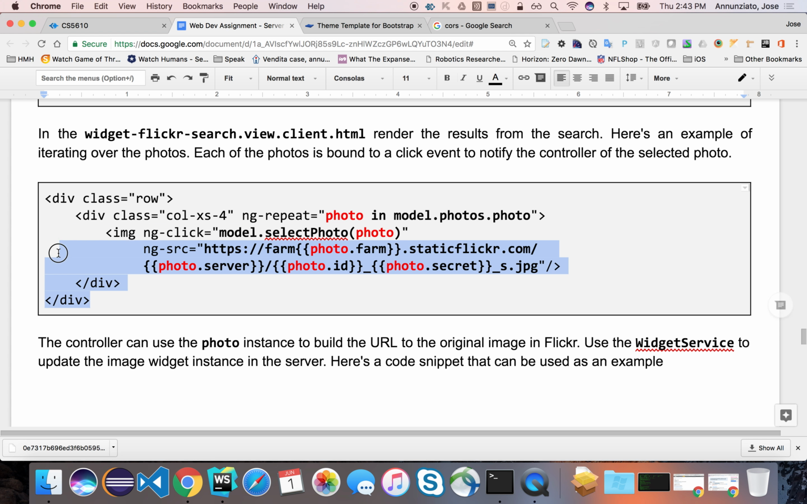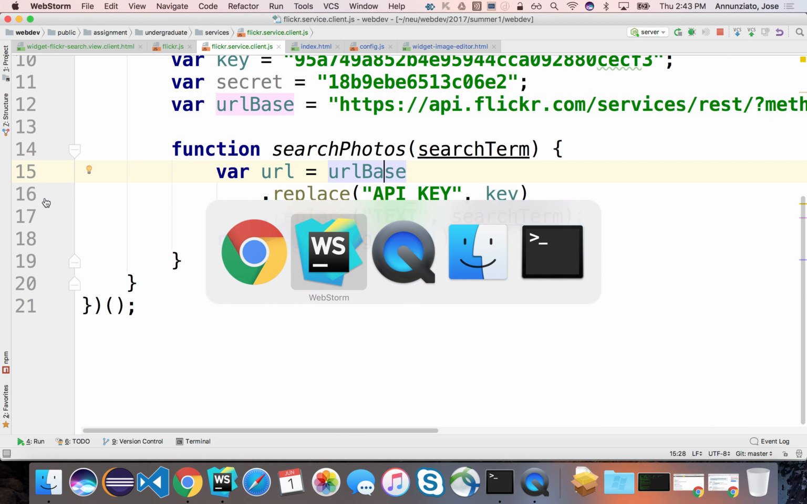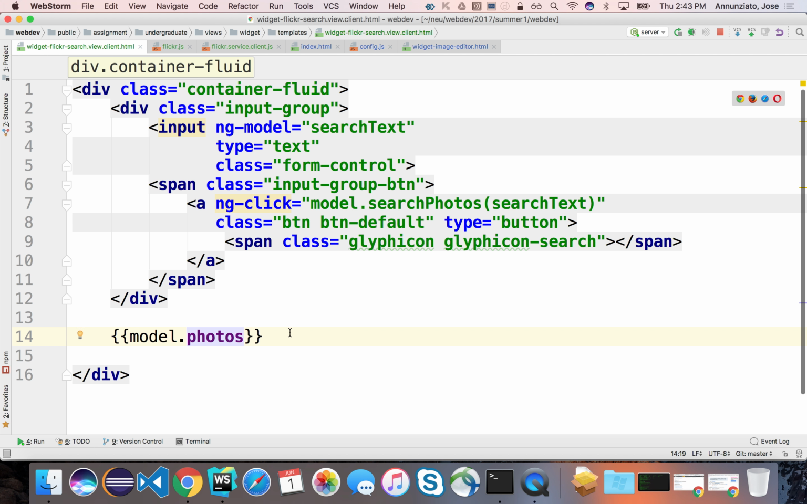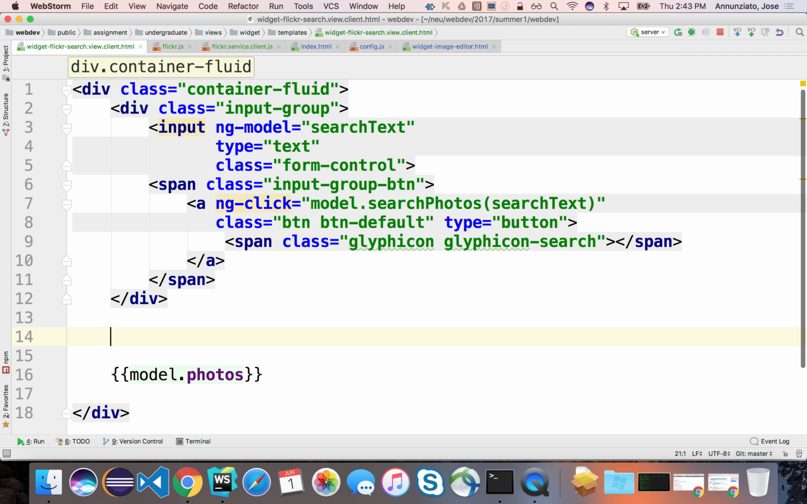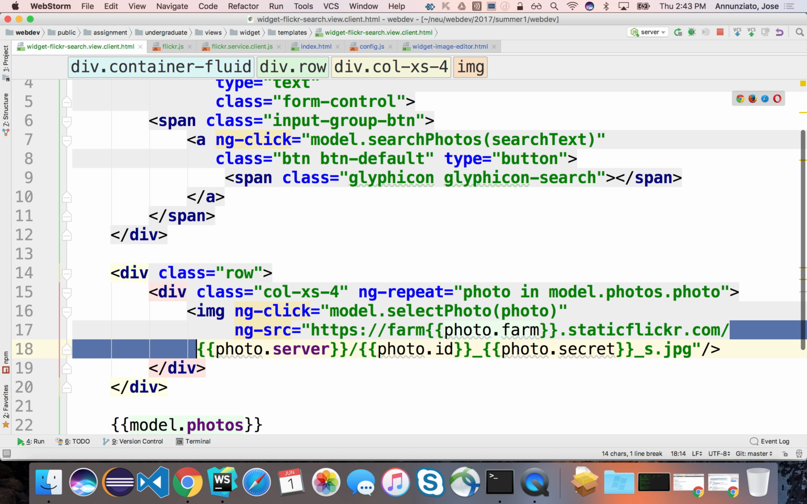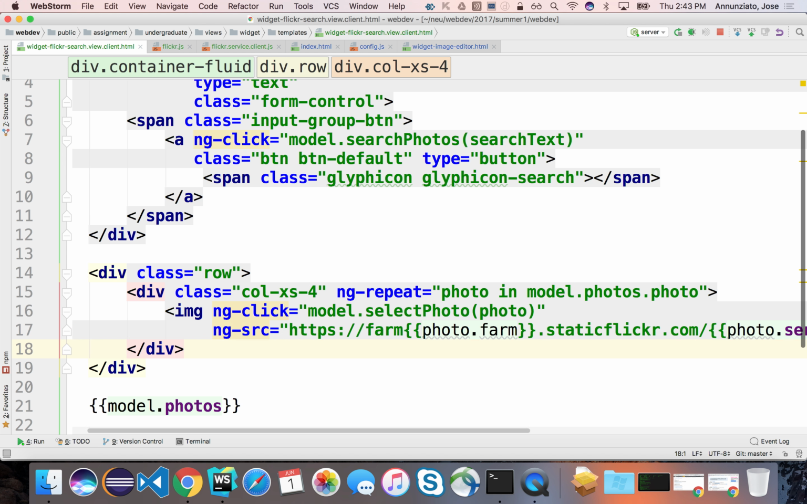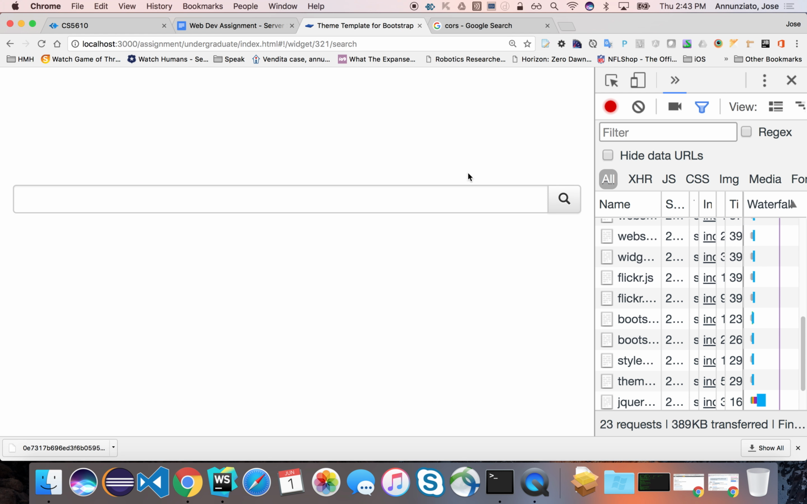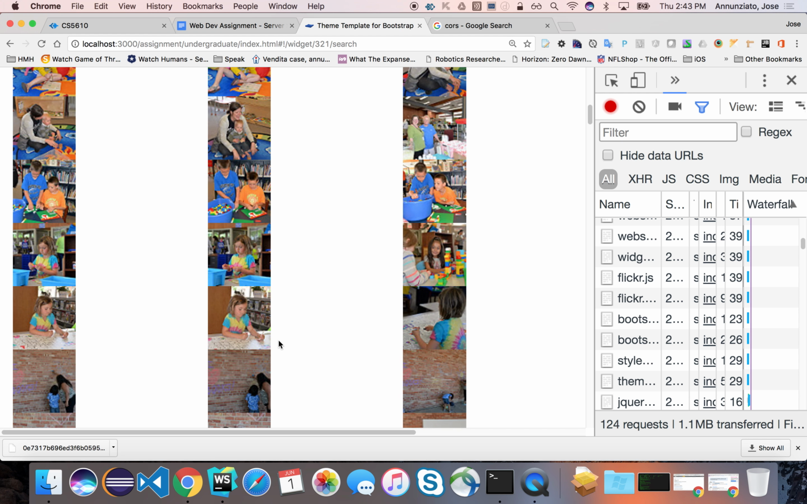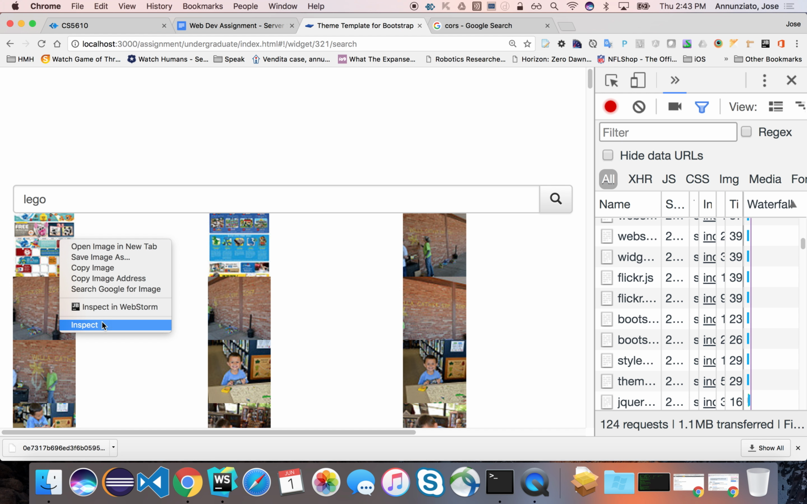There it is. Let's grab that and copy it into our templates. So instead of this raw object, I'm going to paste this here and make sure that I don't break these. Let's see. And if we go back and refresh and do Lego again, we have images. Okay. So these images are built, right? If we look at them and inspect them,